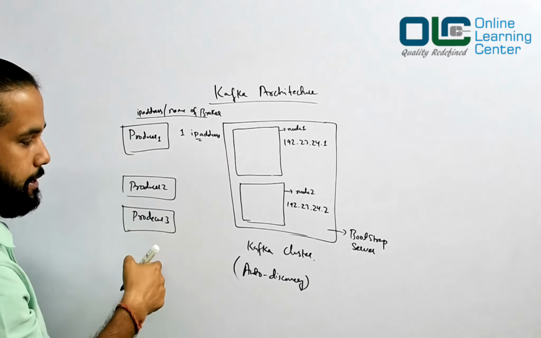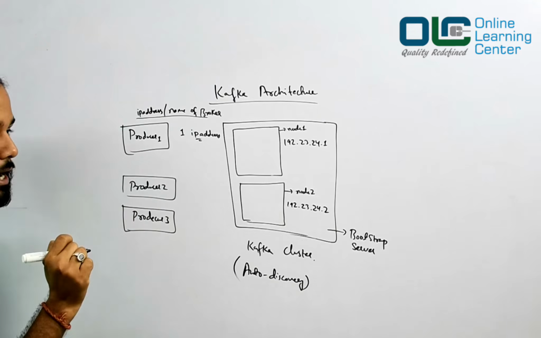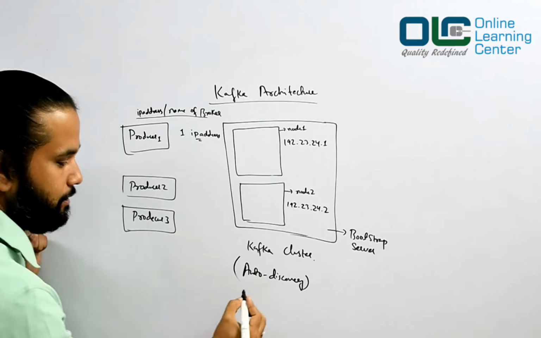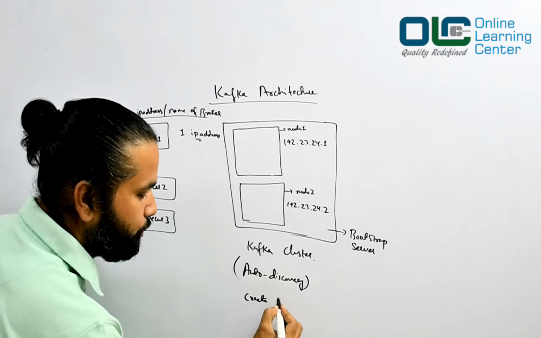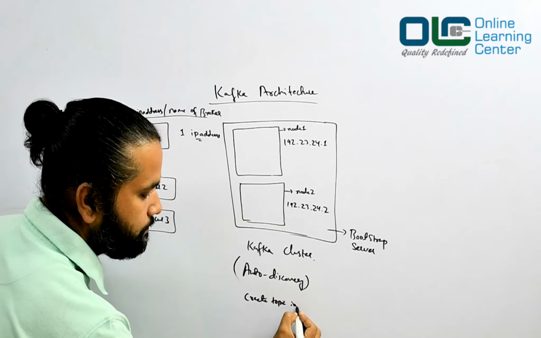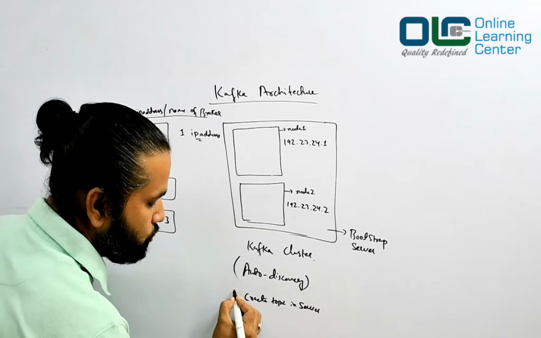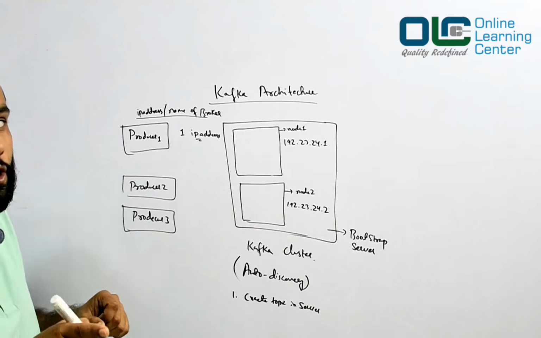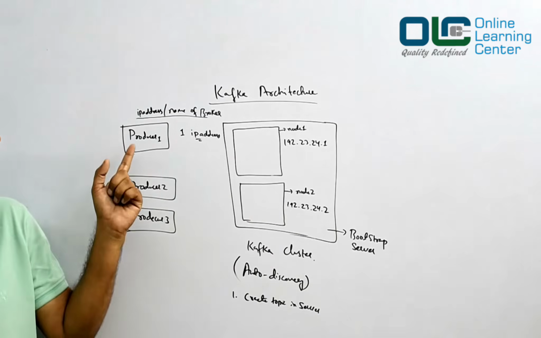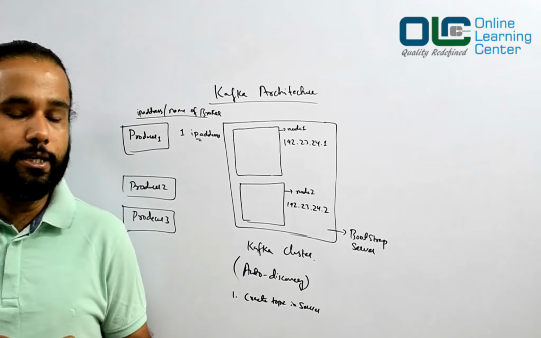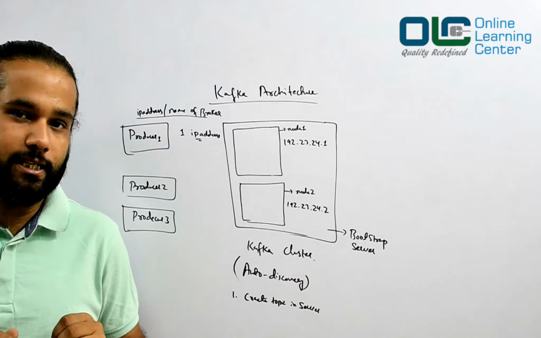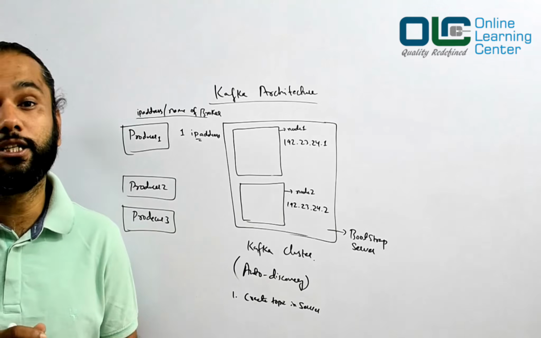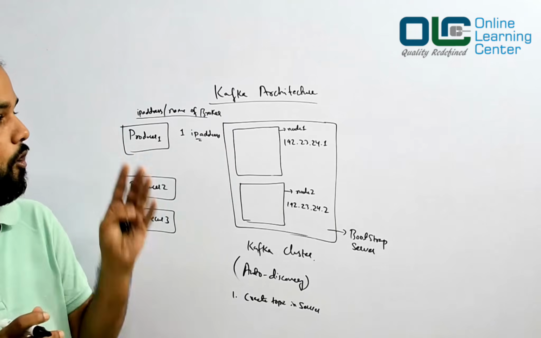Now the producers are here, and whenever you want to write a message, you will write a message to a topic, isn't it? So you will create a topic. We will learn that, don't worry. You'll create a topic in the server. So the topics are created here, not here. The topics are created here. It is also possible to auto create the topic, which means whenever I write a producer code, I may say, hey, I want to write this particular message in a topic called SMS. And if SMS does not exist, then there is a technique of auto creating the topic.